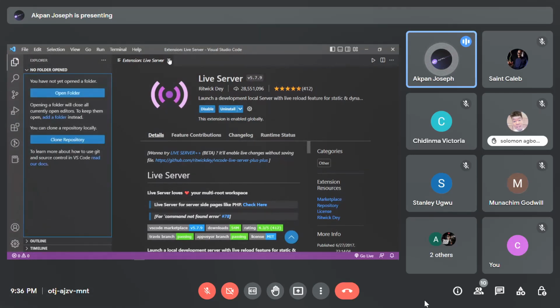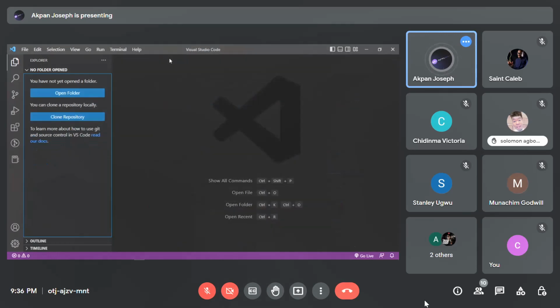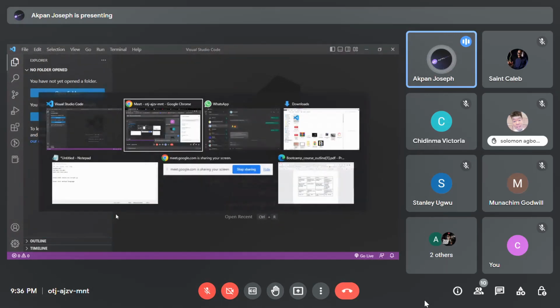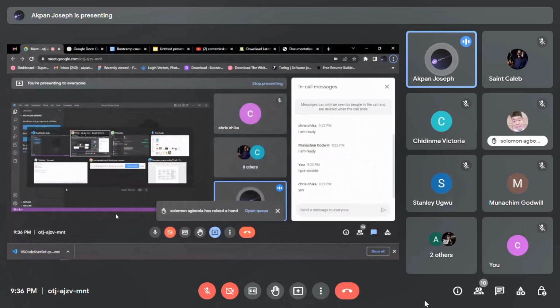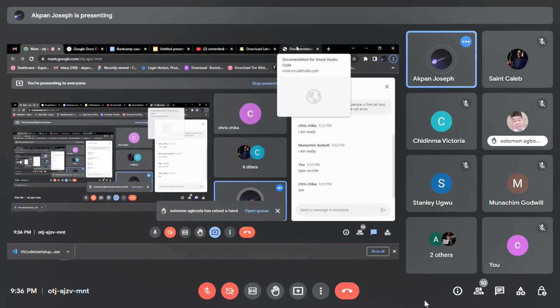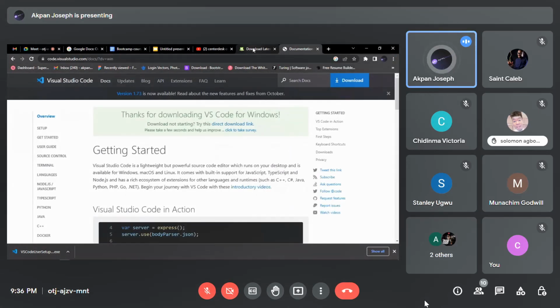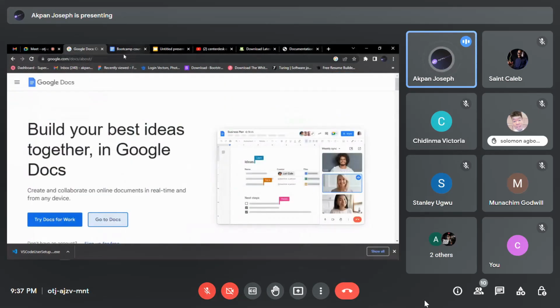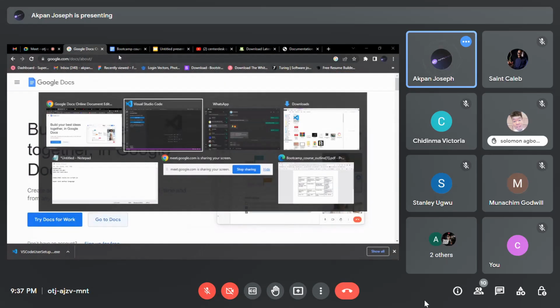So now, I'm still going to come back to explain this, but let's do all the installation at once, so that once we enter into explanation, we just explain, and then everything is going to be going smoothly, right? So now the next thing we're going to talk about is Git, according to our